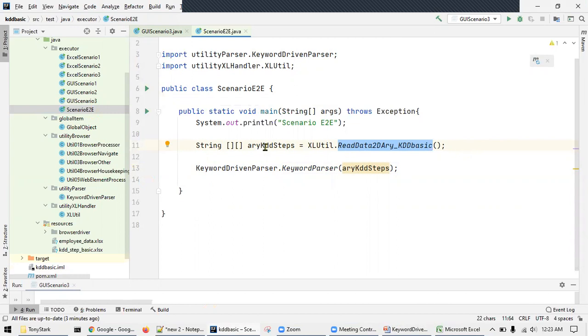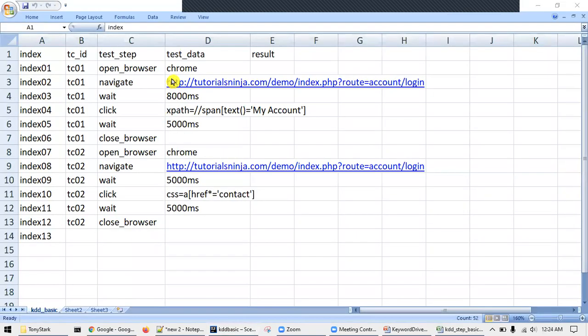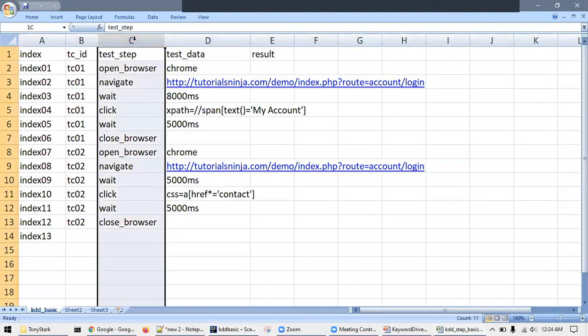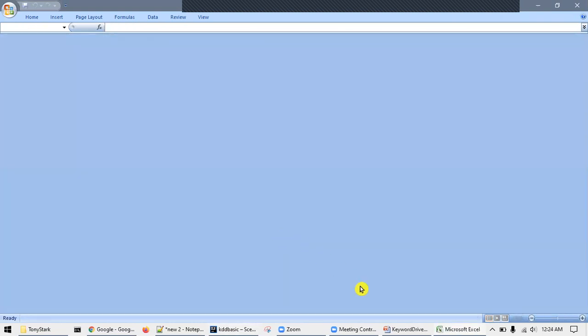I'm putting that in a 2D array, and I'm passing that to a keyword parser. So now this keyword parser will actually pass on the keywords, which are, these are the keywords. Test steps are the keywords. Okay, open browser, navigate, close browser, and all those things. Now